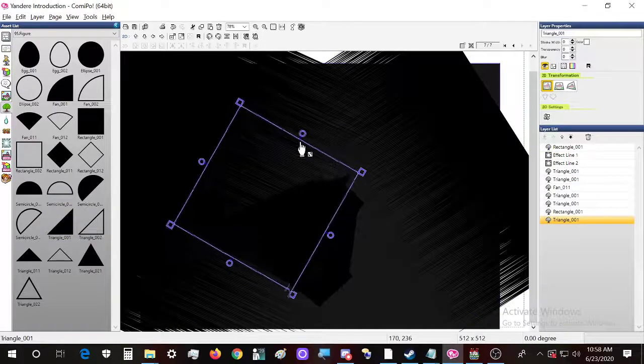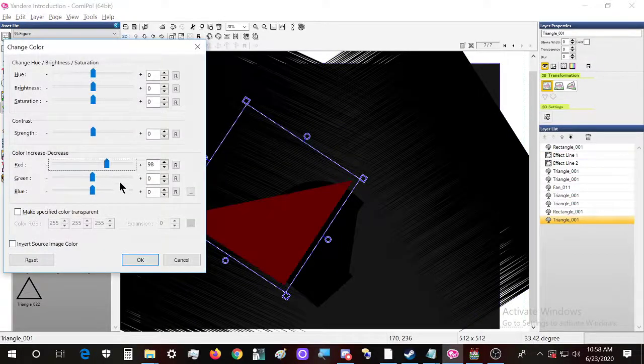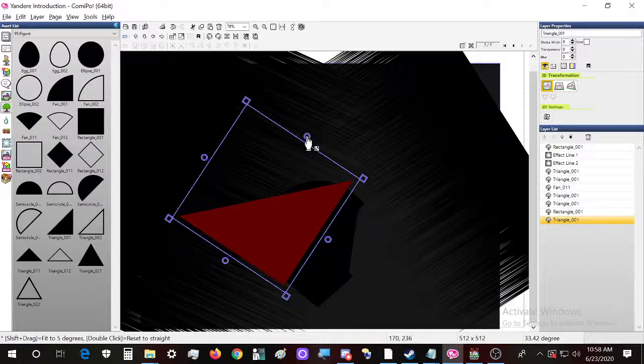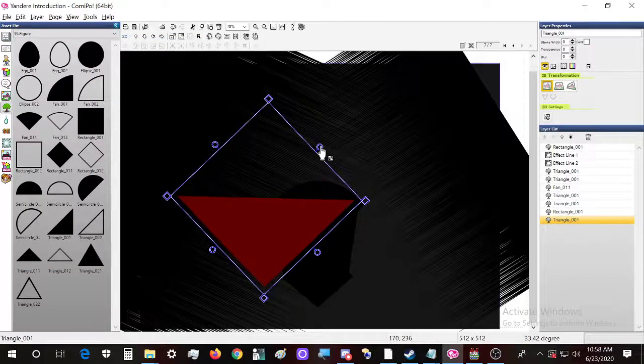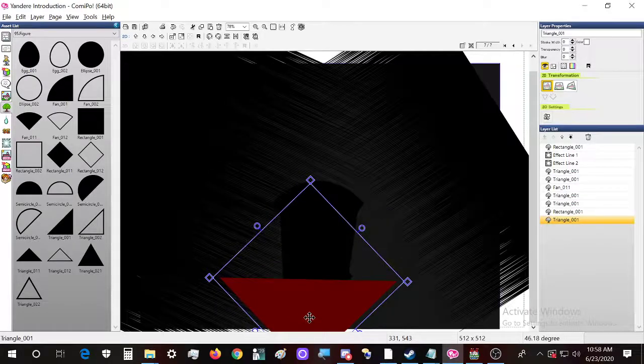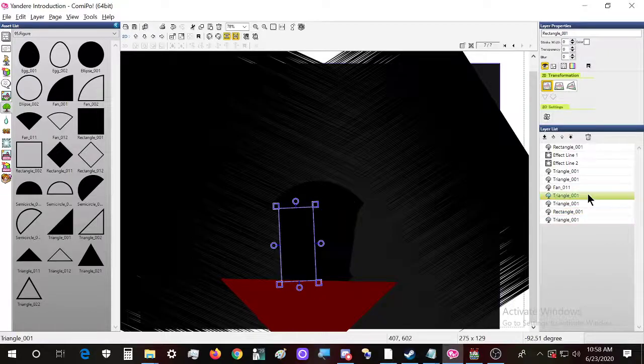Okay, let's use something to help us. Let's make this red triangle in here. That's gonna help me perform what I need.